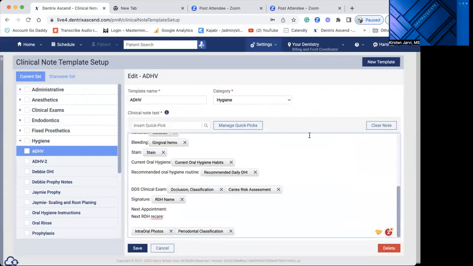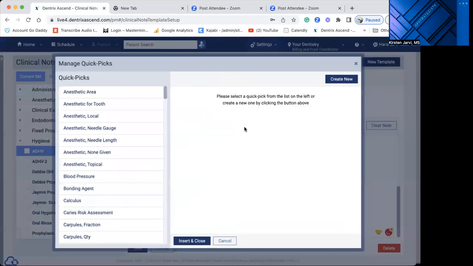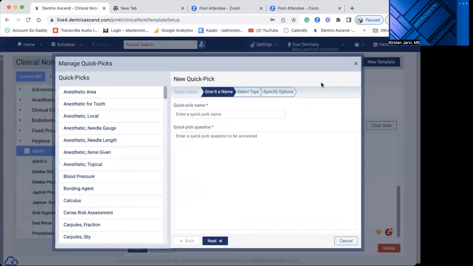You could do the same thing for the RDHs, and then the next recare appointment, next, I should say, DDS appointment: manage quick picks, create new, restorative RDH. It's going to say, what is the